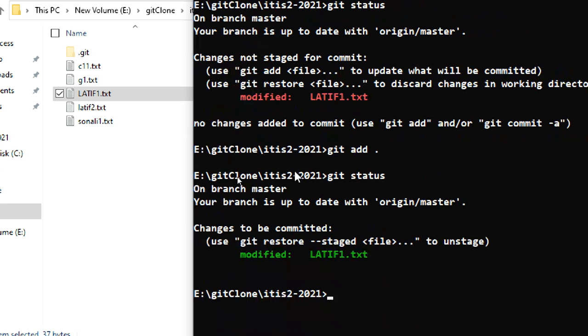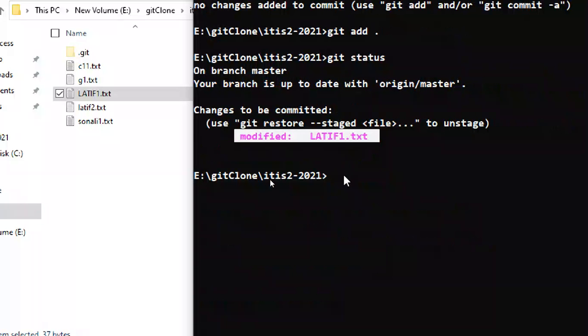Okay, now you can see it is modified in green. It is red color, it is green color. Totally it is Git commands only. Important is what I said initially: how to create a git repository, how to add it, how to upload it. That's the first one. Second important one is how to clone it, how to add a file, how to push it, how to pull it, and again how to push it. So these things are important.